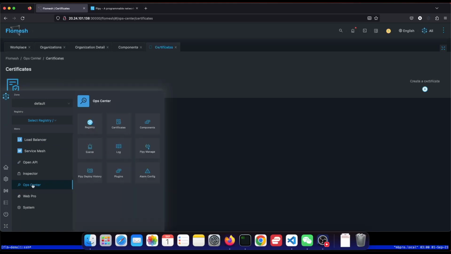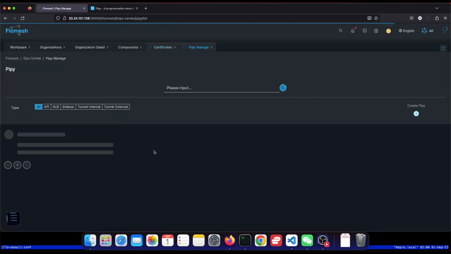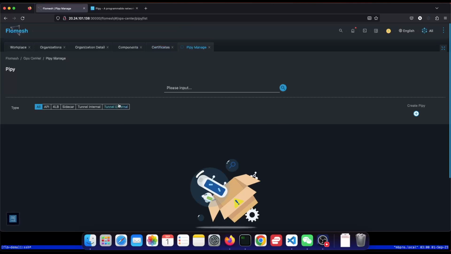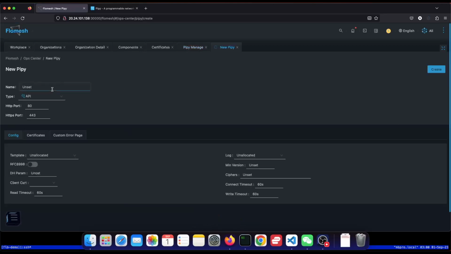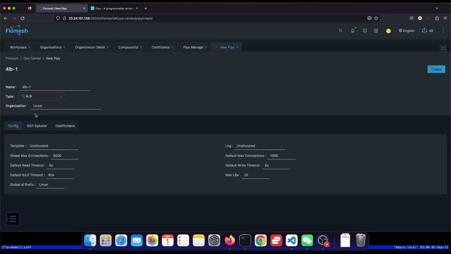To create an FLB, we need to go to the PyP manage options here. Actually, when you're creating a layer 4 load balancer, layer 7 load balancer, or tunnels, we have to create a template here. So create a pipe here, but I'm going to call it 4LB1, or you can call it anything. And the type here, you need to select the 4LB because we are going to create a layer 4 load balancer. And which organization,